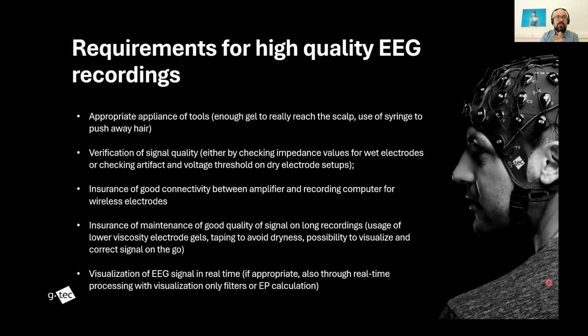The gel is not appropriate for this length of recordings. You have, for example, problems on the connectivity of the dry electrodes onto the skin, etc. So you need to make sure that the signal is as good from the end as in the beginning. And usually the best requirement for the EEG recordings is actually to have the possibility of visualization of the EEG signal in real time. With real-time EEG visualization, you will make sure that what you're recording is not pure noise,